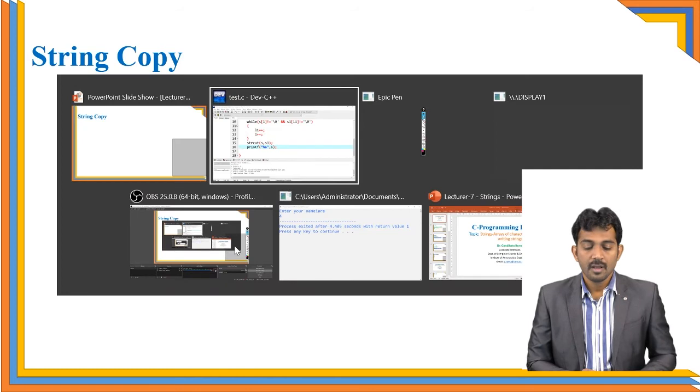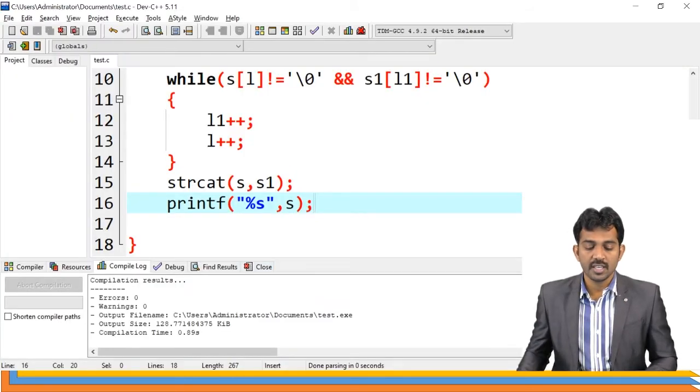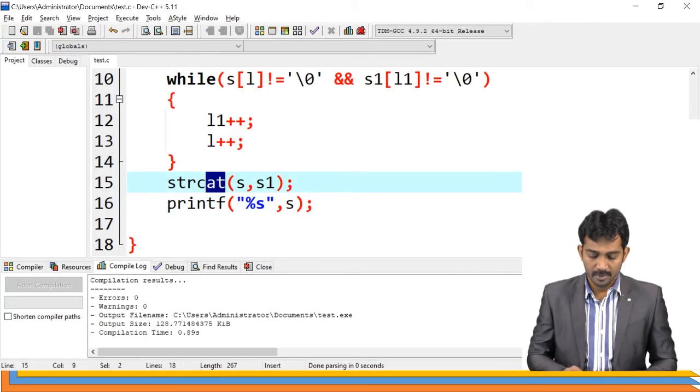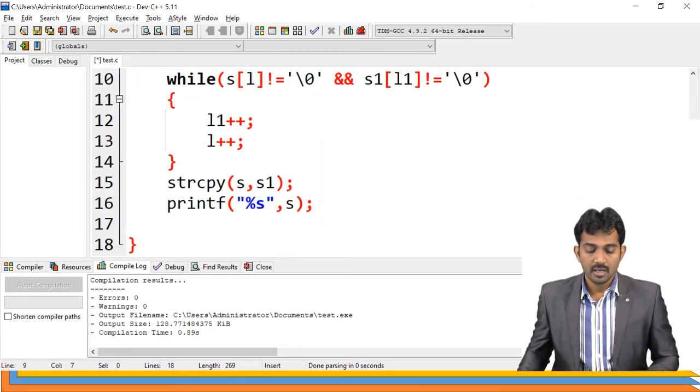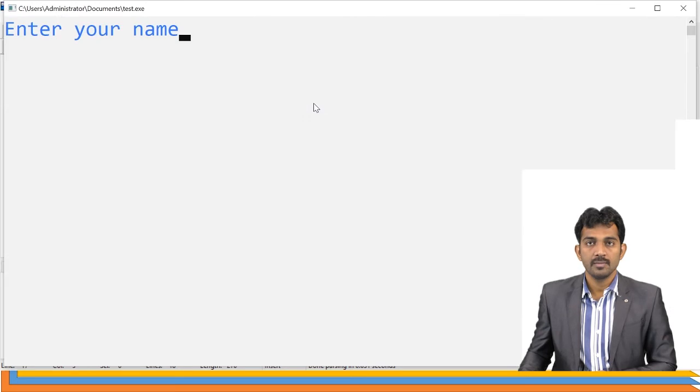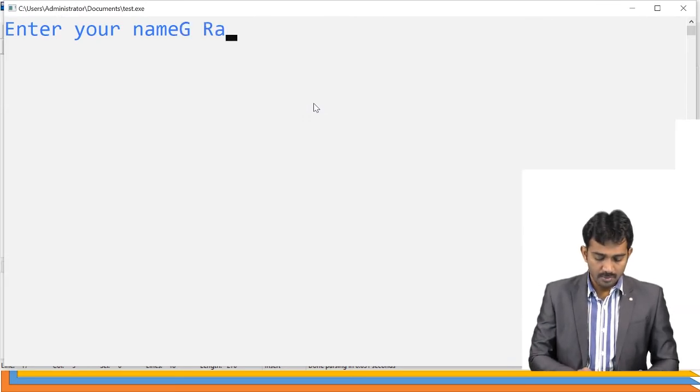Next, string copy. If you want to copy data from one string to another string, then what should you do? Again, one more function is there: string copy, strcpy. I have only one function I am going to use here. I am going to print S1. See, if you run this code, G Ramu.